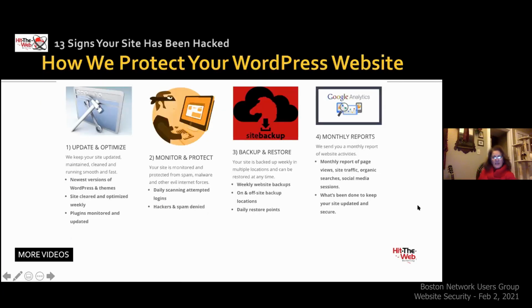And so we have a plan that helps you protect, keeping all the versions of the software up to date, making sure the site is cleared and optimized, the plugins are monitored and updated, scanning for login attempts and keeping them out. And you can keep hackers out. You can see who's coming to your site and trying to log in. And if they use certain names, you can say, you're going to use that name again? You're not getting in here ever because that name doesn't exist as a user. So hackers and spam are denied, weekly backups,